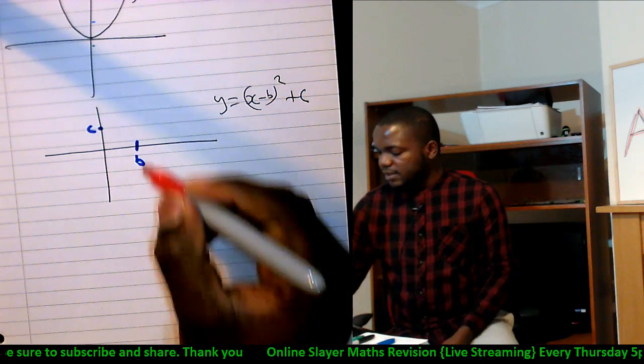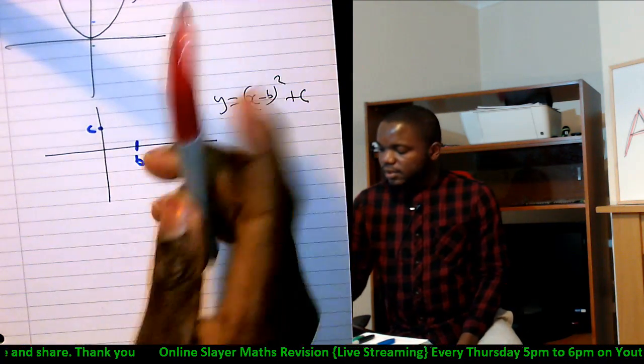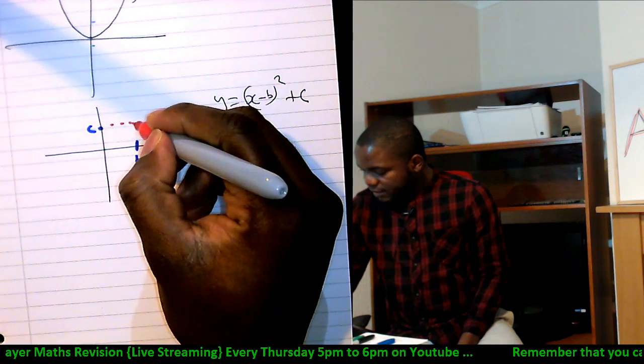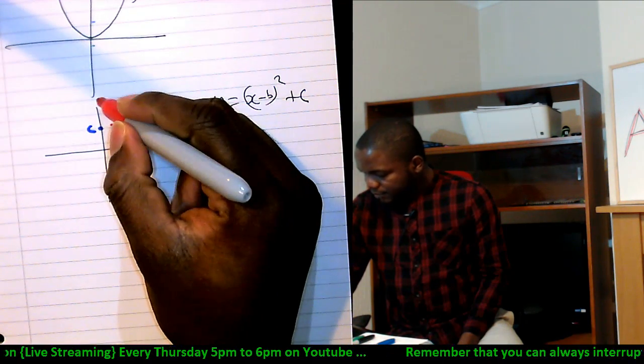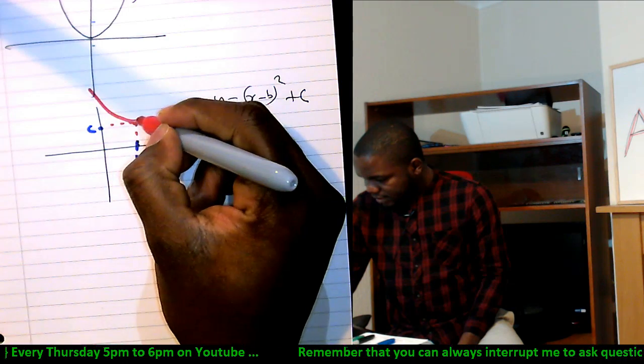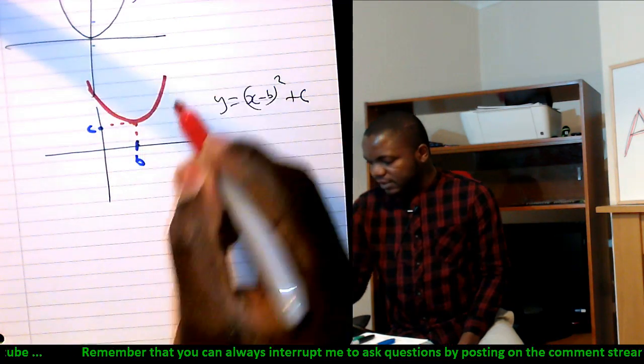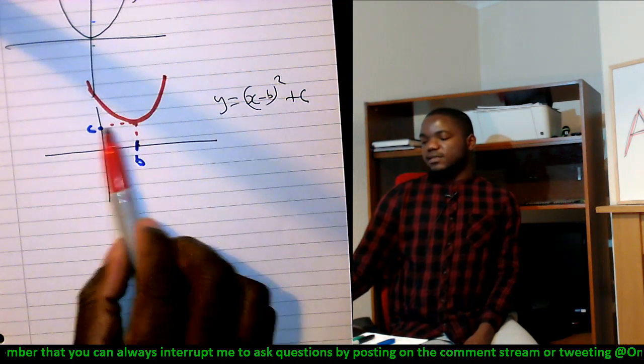So as you would expect, it should have shifted to the right and then up. So it goes to the right and goes up. So it's going to have its new minimum point here, but still the same shape as y equals x squared, but shifted to the right by plus b and shifted to the top